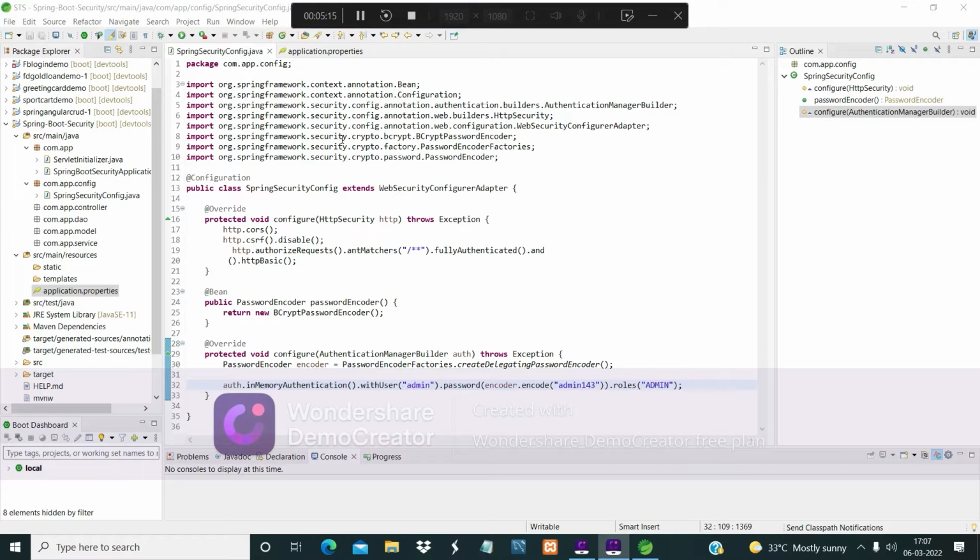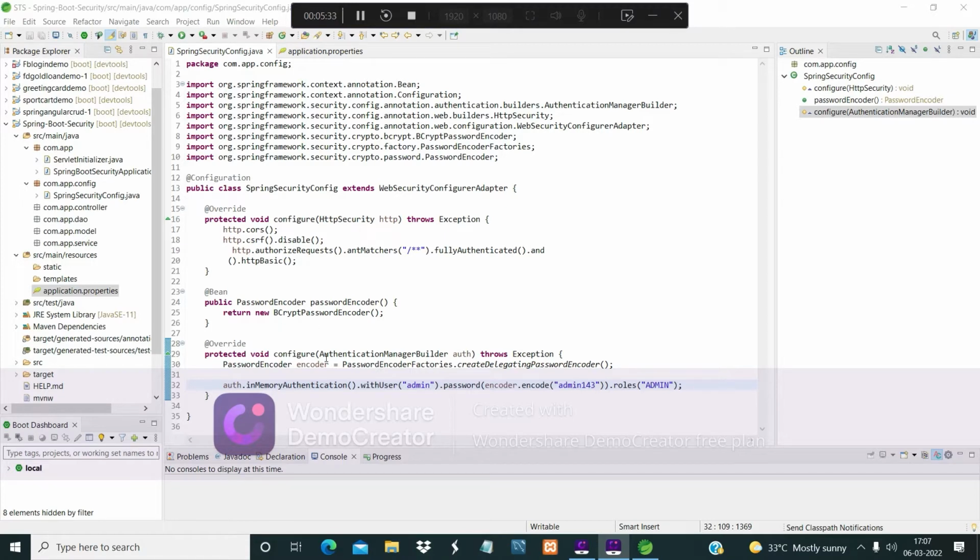So we will extend the Spring Security configure with the WebSecurityConfigurerAdapter, and we will override the configure method of HttpSecurity. Then we will add the following codes.